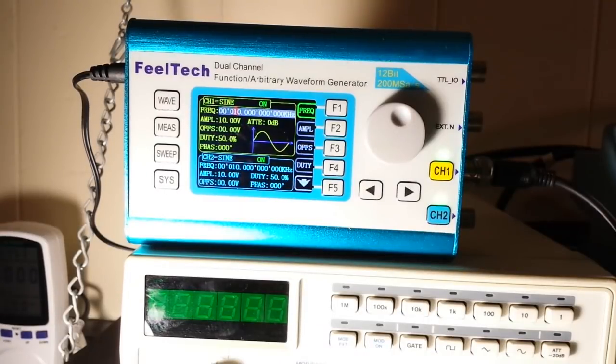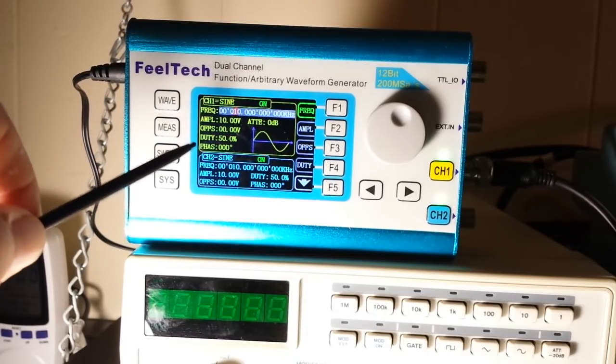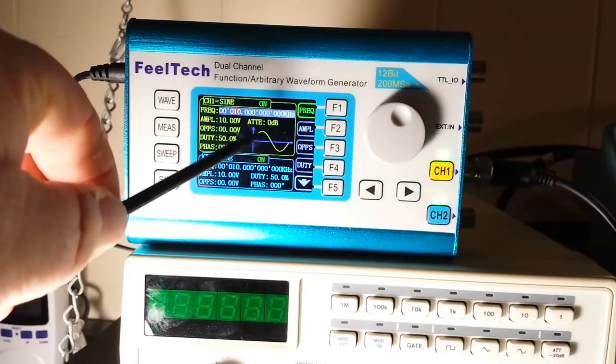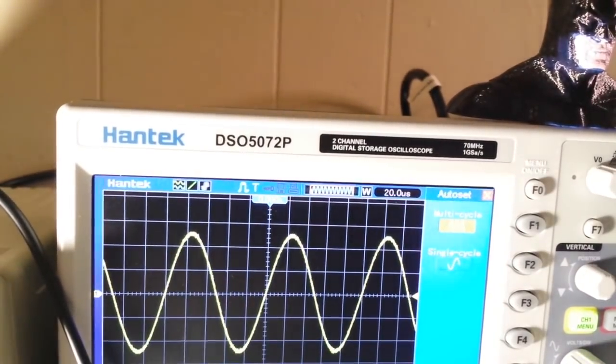All right, here's my digital frequency counter. This is the Fieldtech FY2300. This is a 6 megahertz arbitrary function generator. And you can see here that we are using channel 1, sine wave, 10 kilohertz, 0 offset, 50% duty cycle, 10 volts peak to peak, no attenuation. And if we come over here and look at the scope now,